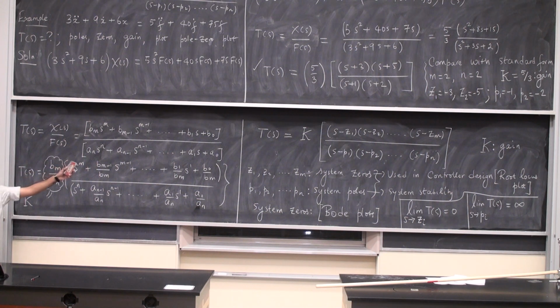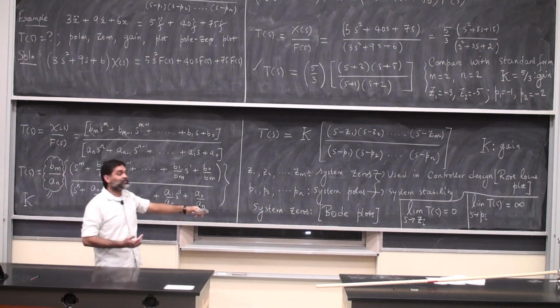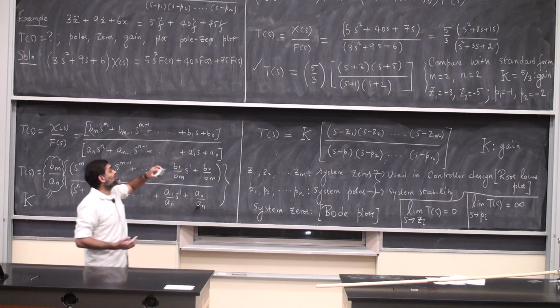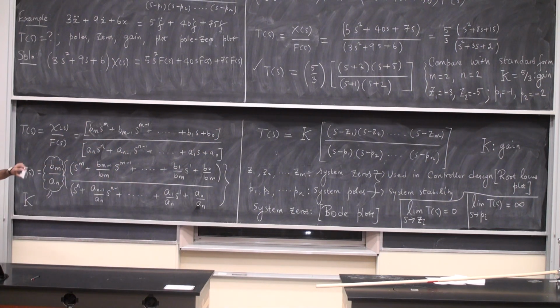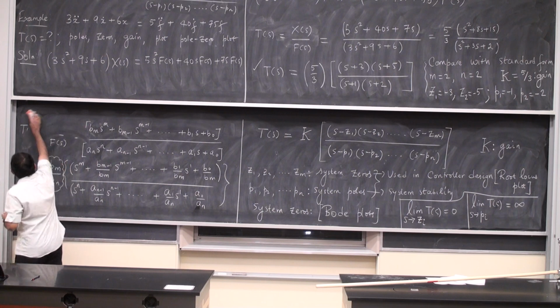Take the Laplace transform on both sides, switch off the initial conditions. The transfer function definition is the input Laplace transform in the denominator, the response Laplace transform in the numerator. Compare it to the standard form. Here are your zeros and poles. Okay? Now,